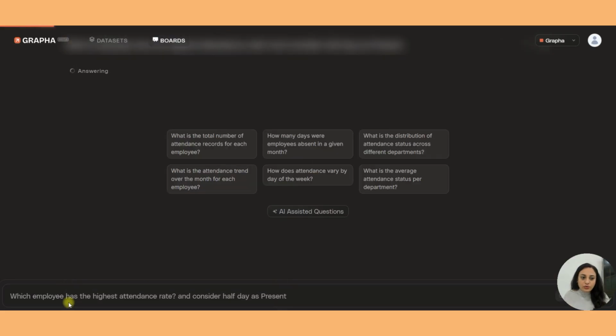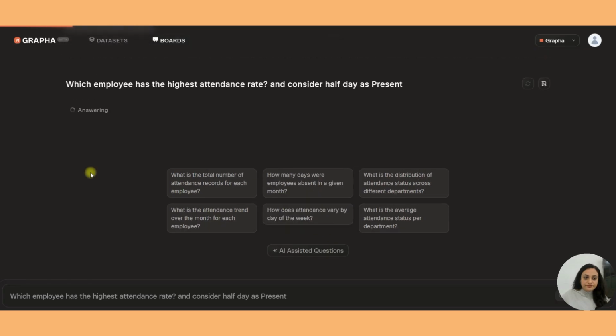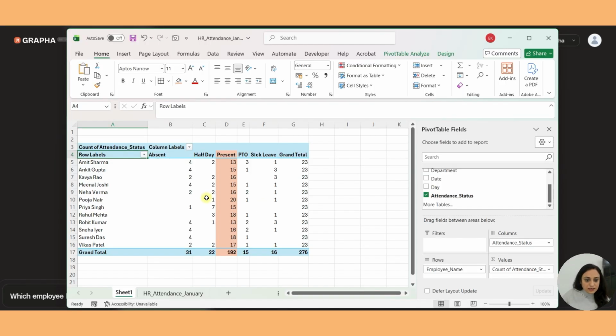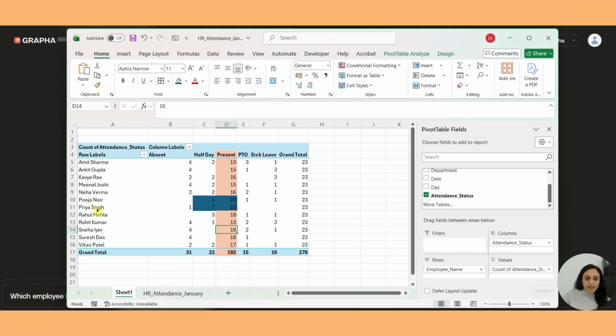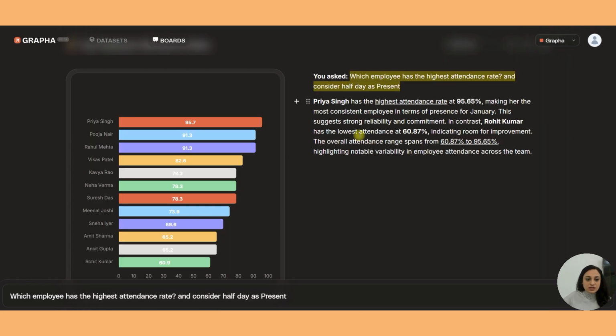Let's see what answer I get this time. I go back to my data set. If I'm considering half day as present, this time my answer should change from Pooja Nair to Priya Singh. If you see in this visual, the result to the query is correct, that Priya Singh is the one with